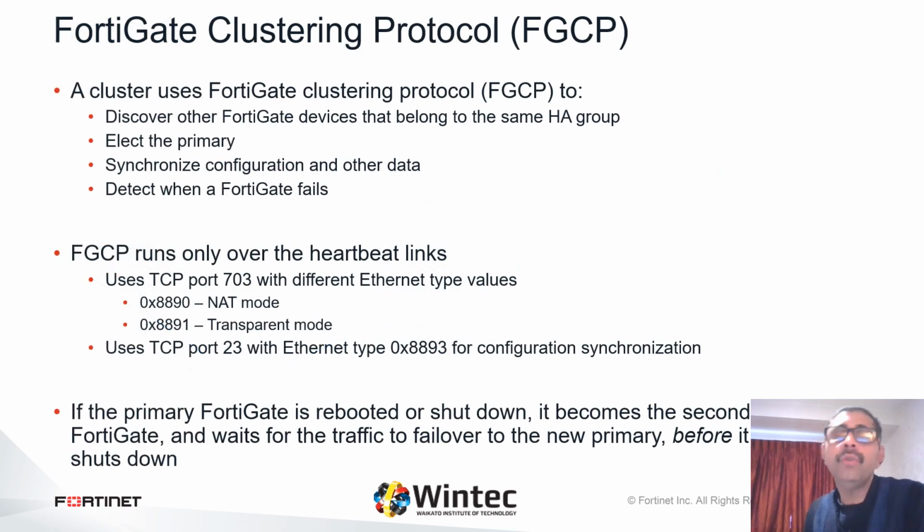So how do the FortiGate devices in a high availability cluster actually communicate? Now, FortiGate high availability uses something called the FortiGate Clustering Protocol, or FGCP, for high availability related communications. FGCP travels between the clustered FortiGate devices over the link that you have designated as the heartbeat. You should create a heartbeat link between two FortiGate devices using a regular RJ45 crossover cable.